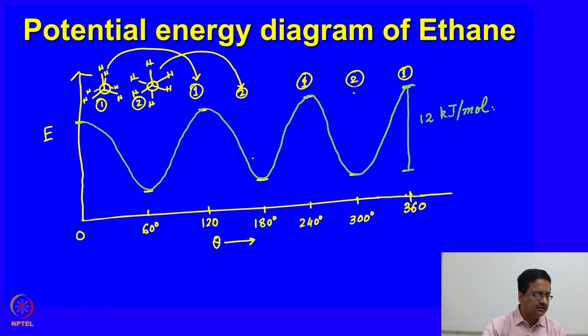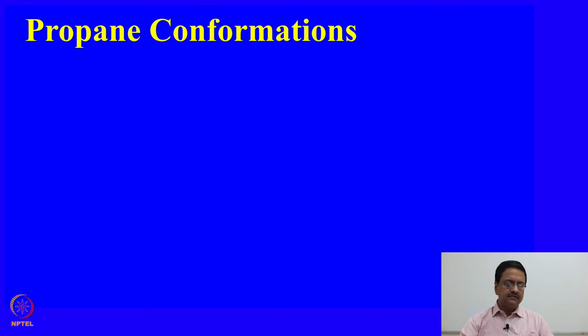So, this is called the potential energy diagram of ethane, and I hope you are able to understand why it is this sinusoidal curve. Let us now see the different conformations of propane, and we will see here that